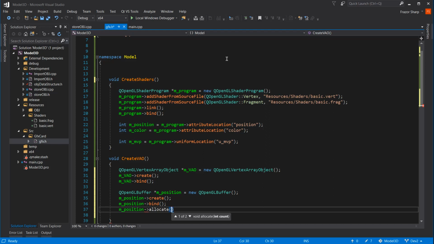Now if I use that option, all it'll do is give me an empty buffer of a size int. I don't want that. What's the second one? Second option is void allocate(const void *data). Okay. Now we've got all of our stuff in structs. And then it wants an int count. It needs the size. So what it's going to be looking for in this case is positions